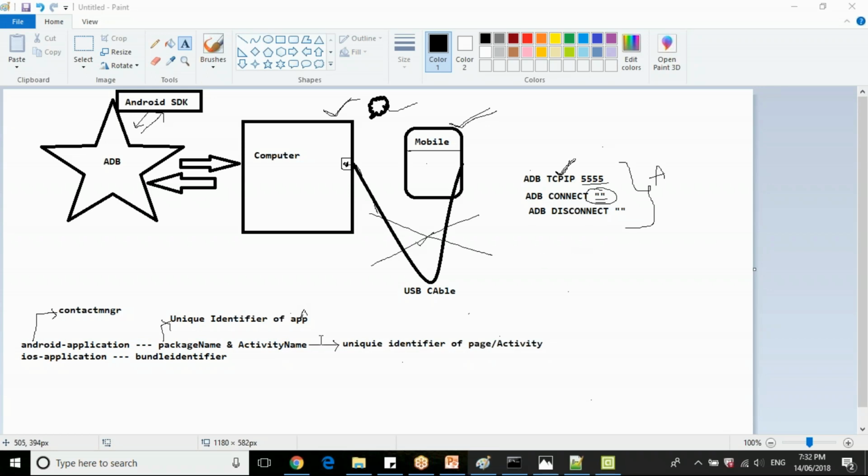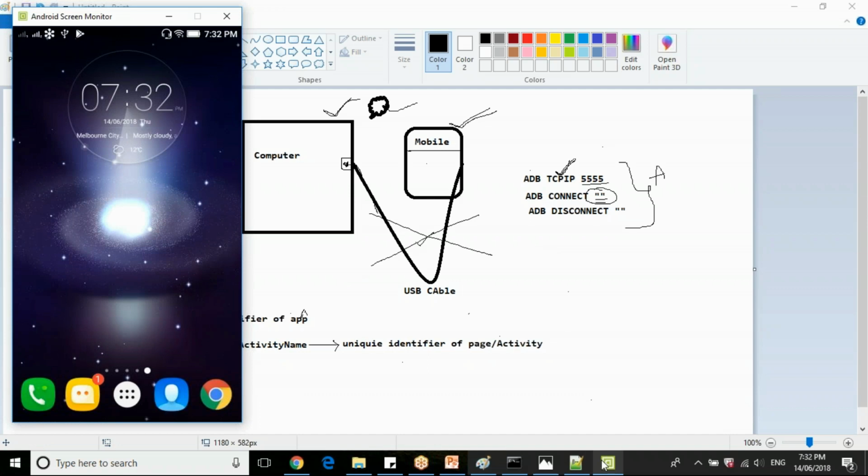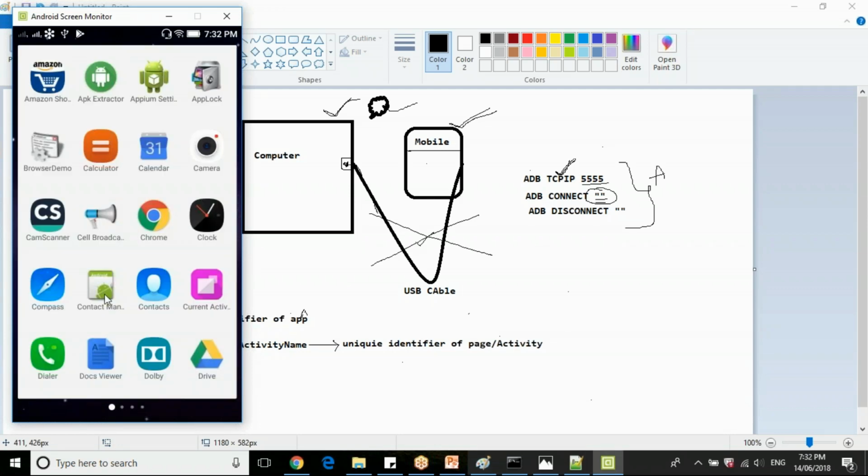Yes. So if you see now the contact manager application, which we have installed, for this contact manager you need the package name and activity name to uninstall or to launch. To install, you just need the file path from local, right? Once you install, then if you want to operate with this application, or push the scripts to this application, then you need the package and activity name, even in Appium code also. So you can identify it in multiple ways.